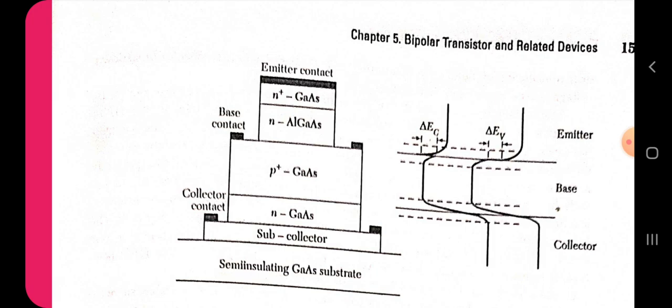The figure shows the energy band diagram of an HBT under the active mode of operation. The band gap difference between the emitter and base will provide band offsets at the hetero interface. In fact, the superior performance of the HBT results directly from the valence band discontinuity delta EV at the hetero interface. Delta EV increases the valence band barrier height in the emitter base heterojunction, and thus reduces the injection of holes from the base to the emitter. This effect in the HBT allows the use of a heavily doped base while maintaining a high emitter efficiency and current gain.